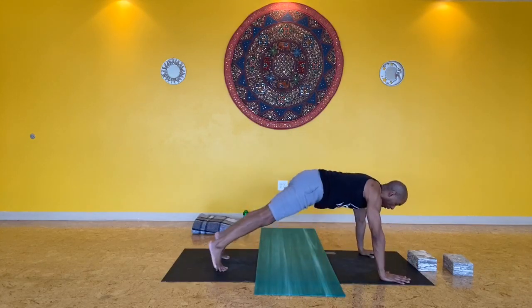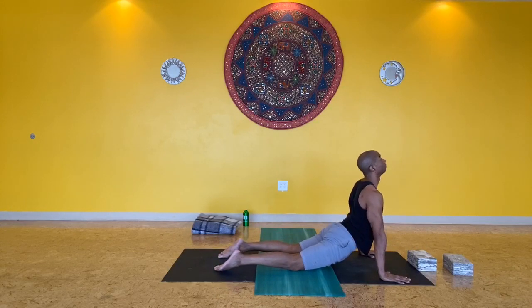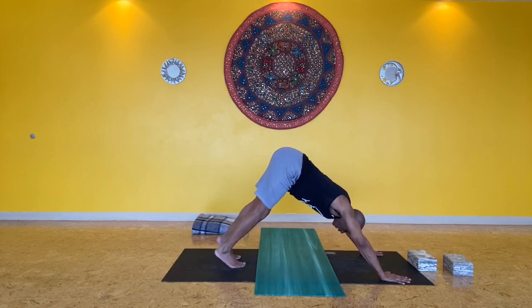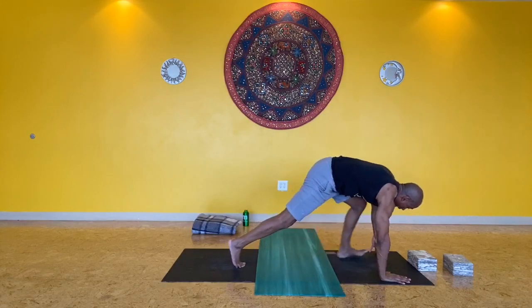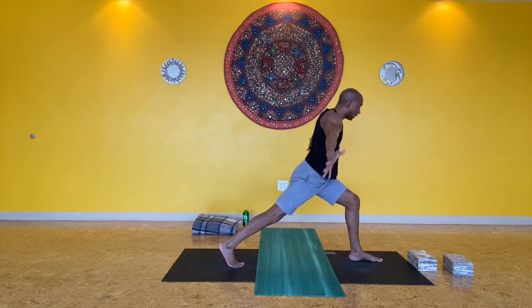Maybe hop back, plank pose. Chaturanga Dandasana. Inhale, up dog. Exhale, downward facing dog. Remember, we're ending with tree, so inhale, extend left leg up into the air. Exhale, left foot to the top of the mat, high lunge, shifting weight back, right heel's lifted, rising up,